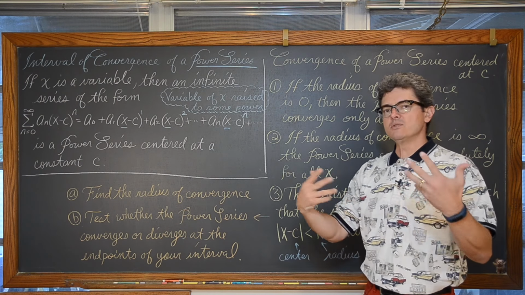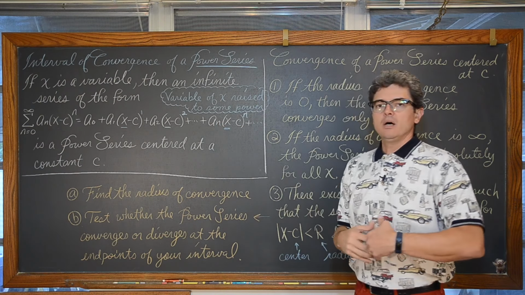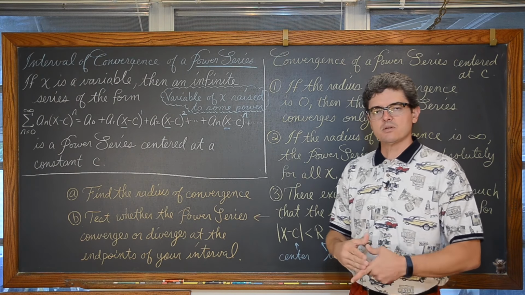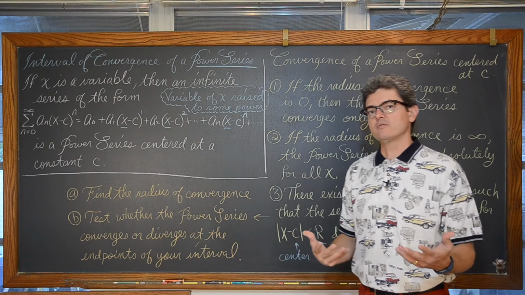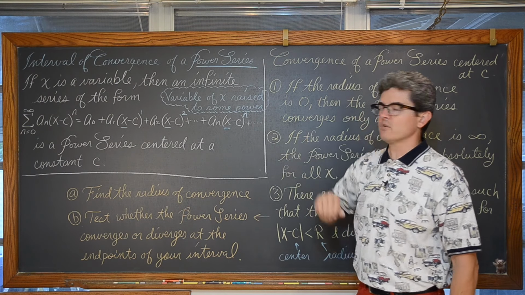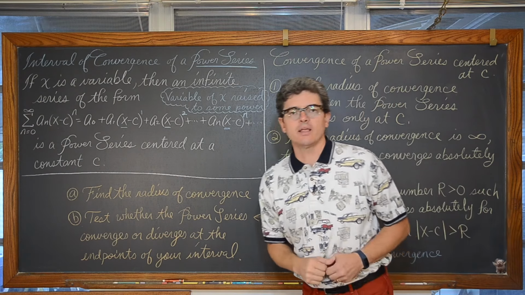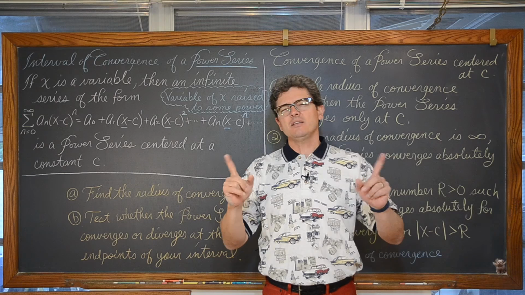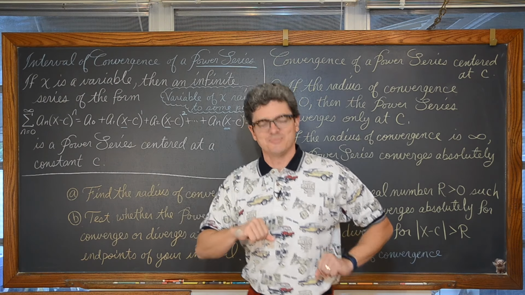That's where maybe you need to, once you plug in some particular x values into the series, start looking at it and trying to go, okay, was this harmonic, alternating harmonic series? Is it a geometric series? Is it something that we need to do some kind of limit comparative test to? We need to determine whether this series converges or diverges at the endpoints of our interval to come up with our final answer. Now, this is a lot of words and writing, and hopefully kind of makes sense, but I think doing these three examples is going to clarify this up for you. The first one coming up right now.